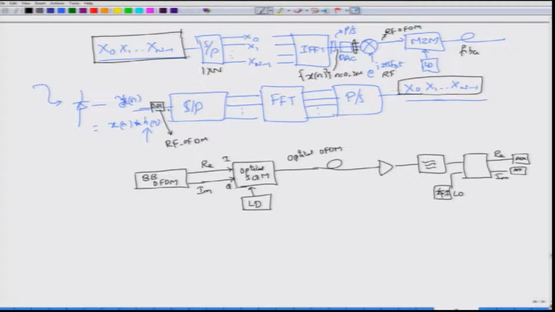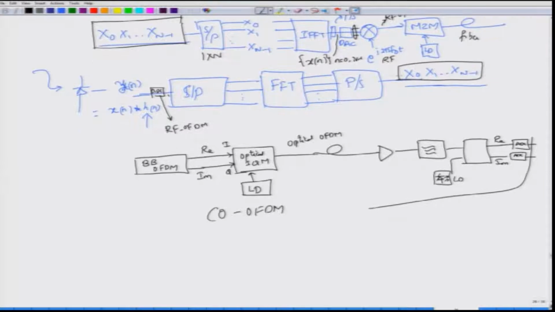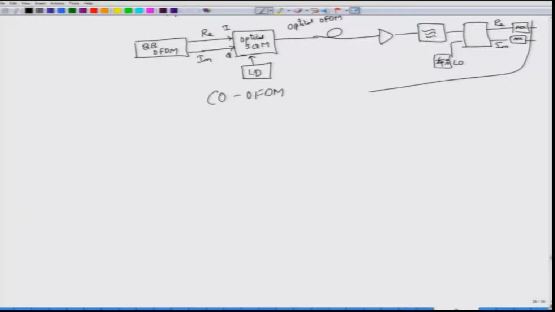You put them through the analog to digital converters in order to generate the baseband samples. Okay. So, there is no intermediate RF conversion in these type of systems, and these are called co-OFDM systems. This is a coherent optical OFDM system. Okay. Before we talk about one additional aspect of OFDM,